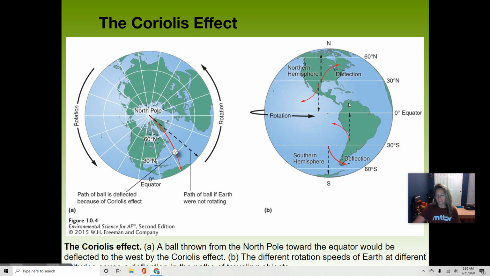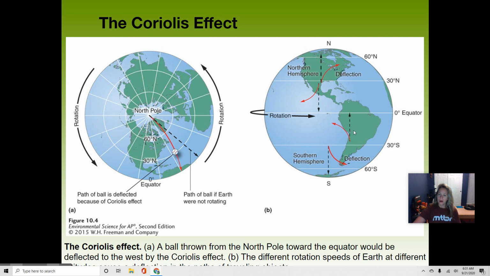And so notice here, if we look at the side view, the Earth is rotating counterclockwise. So we've got air rising here, and it's being deflected. So it's wanting to rise up towards the North Pole, but it's being deflected because the Earth is spinning. And then same thing here. So it creates this big kind of circular pattern. And so that would be another cell. So we've got this Hadley cell here, but then we've also got another cell here and another cell here, which